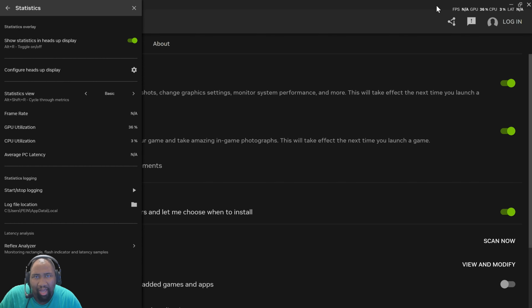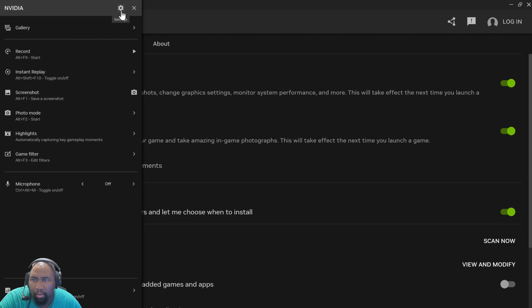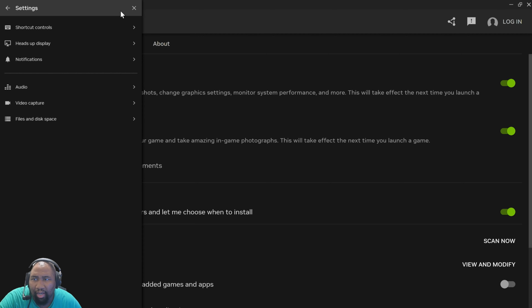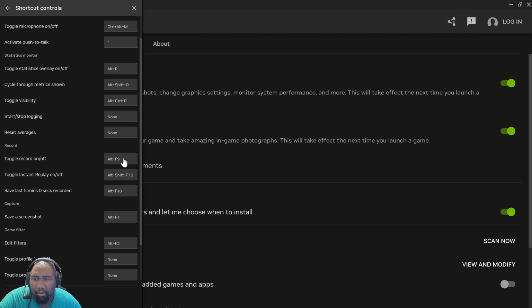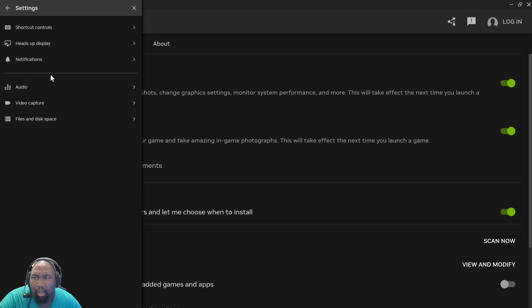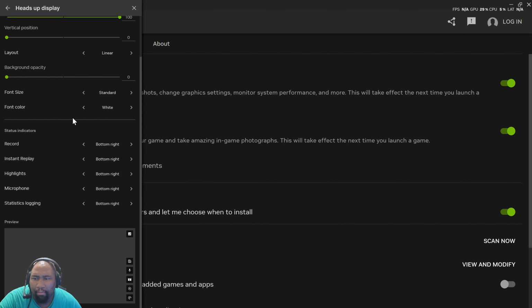But Nvidia has this built into theirs. It just isn't as flashy, and I don't think you have as much control over it as you do in other software. But they support it. They definitely support it, and that's cool. So you can play with this if you would like. I'm going to go to the settings icon right here, and you have shortcuts controls where you can go in here and set some shortcuts. You have heads up display,